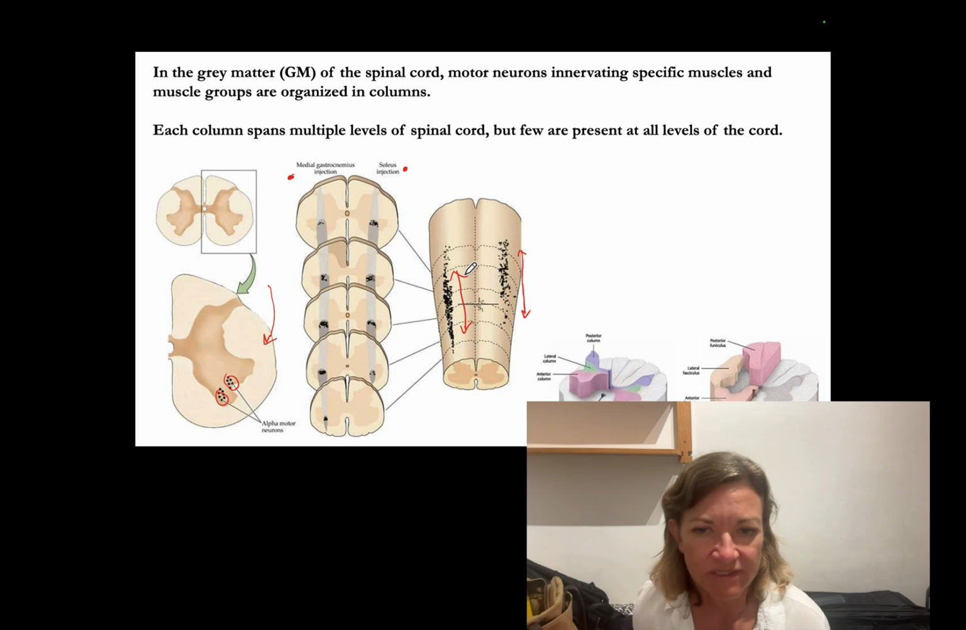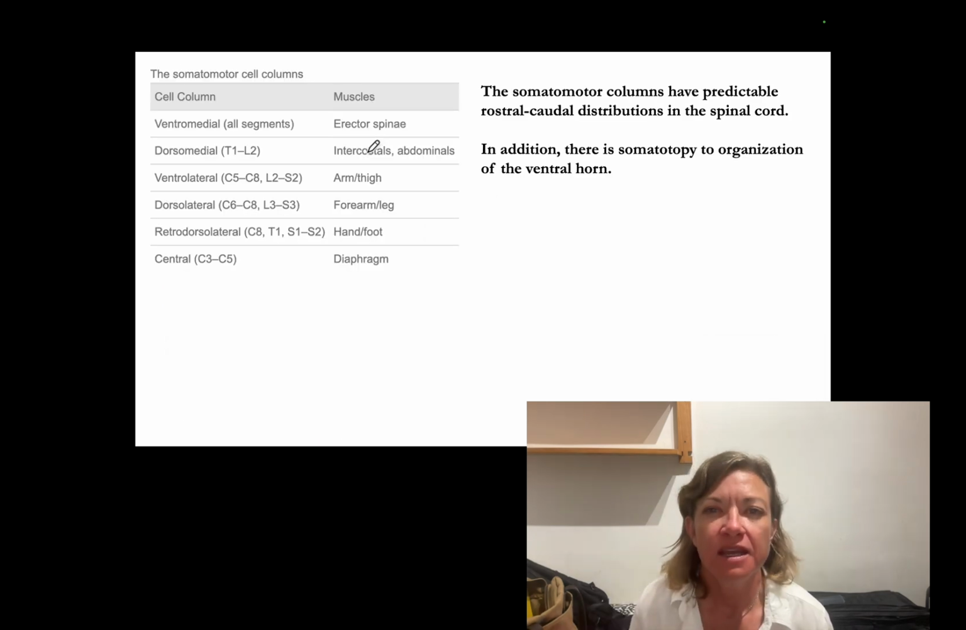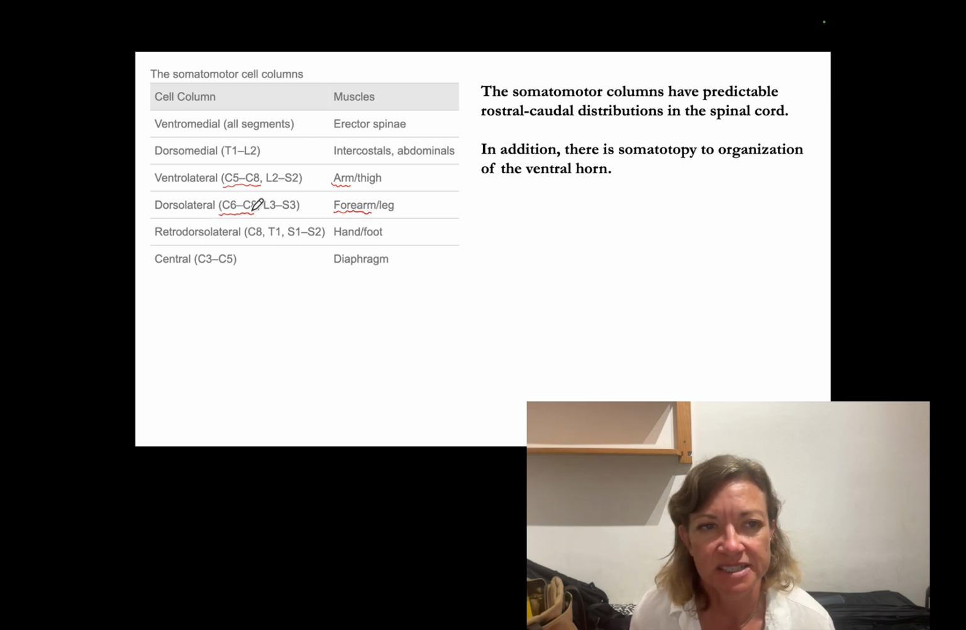Thinking about the spinal cord as having three-dimensional structure where all of the gray matter and the white matter is organized in columns. Now, the somatomotor columns have fairly predictable rostral caudal distributions in the spinal cord. For example, the arm, and by that I mean the muscles between the shoulder and the elbow, are innervated by motor neurons that are present in roughly C5 to C8, while the forearm, between the elbow and the wrist, is innervated by motor neurons present in C6 to C8, just a bit of a caudal shift in the position of